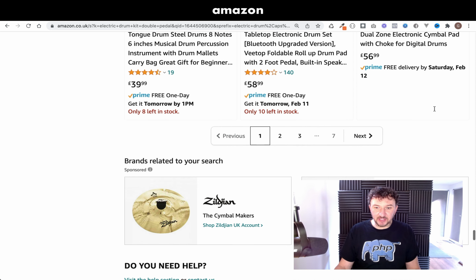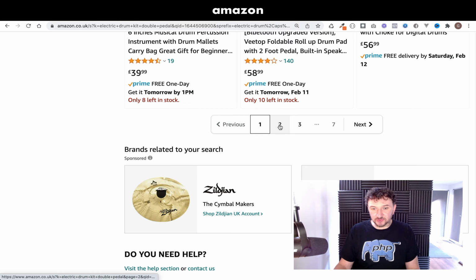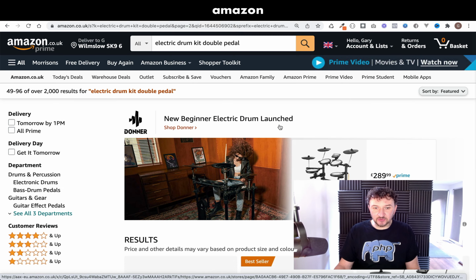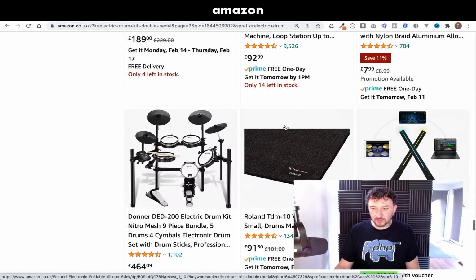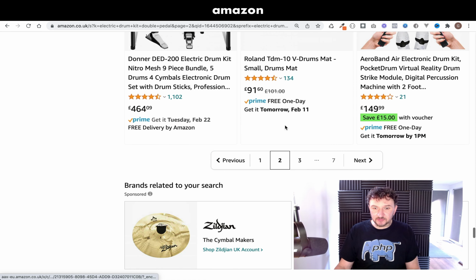So here we have page 1, and I can click to go to the next page by clicking page 2, and I'll go all the way down the bottom, and it gives you handy little links that you can click to either go to the previous one or go to the next one. And sometimes you might see pagination where it says go to the first or go to the last. So all sorts of different options, and I'll show you some of those that we can use with the